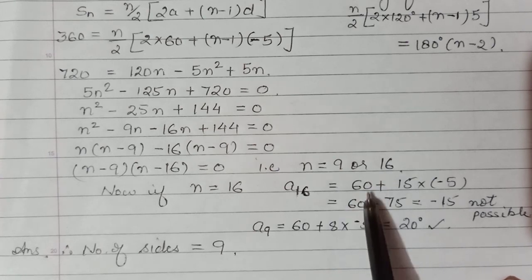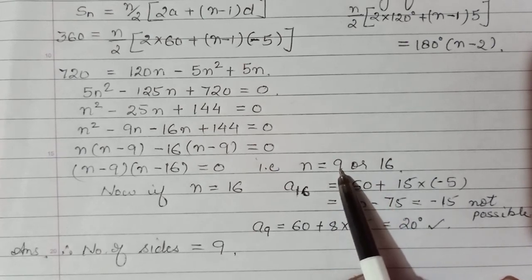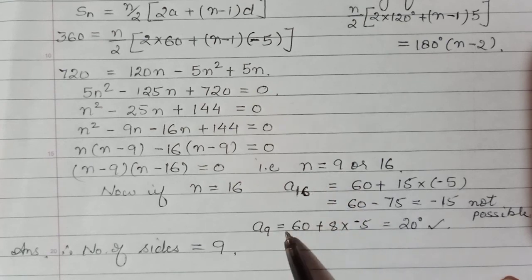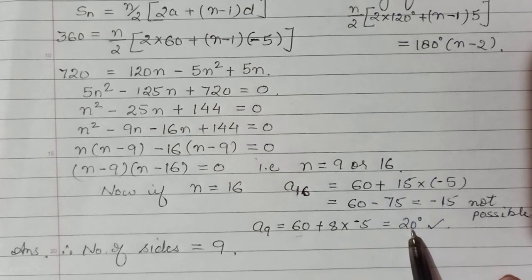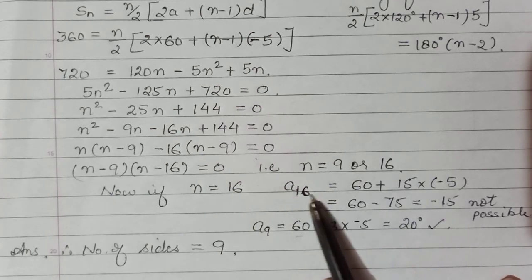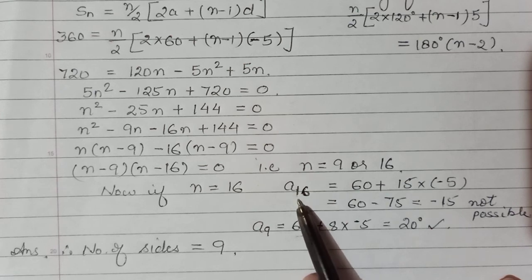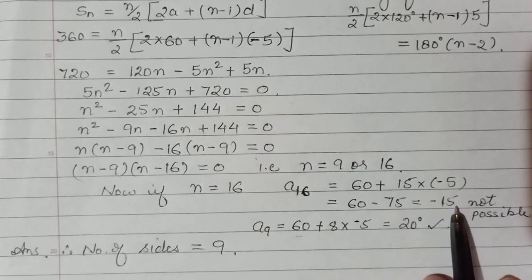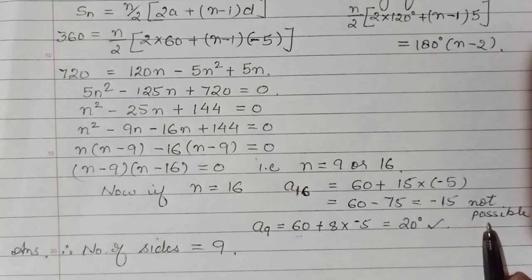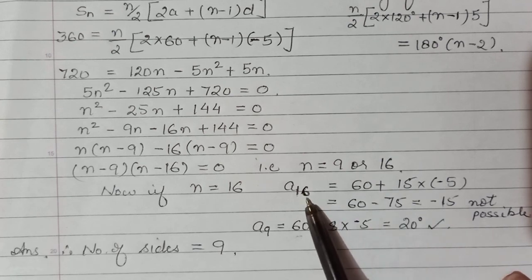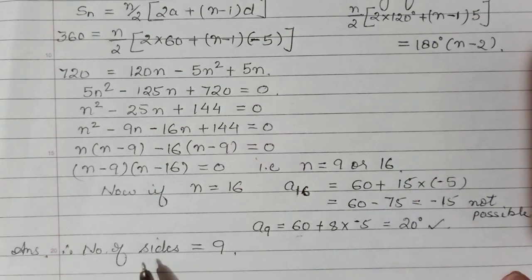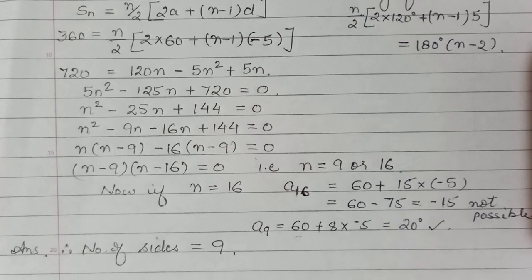Now for cross check, if there are 9 sides, then the last angle will be A9. तो A9 अगर आप work out करते हो with first angle being 60, D of course again as -5, क्योंकि अभी हमने ये पूरा concept exterior angle का लगाया है. So your A9 last angle is coming as 20 degrees. And अगर हम n=16 ले लेते हैं तो last angle, that is the 16th angle, A16 will come out to be negative, which is not possible. The measure of an angle cannot be negative. तो हमें n is equal to 16 ये value reject करना पड़ेगा. So our answer would be, right answer would be n is equal to 9, or we would say this polygon has 9 sides.